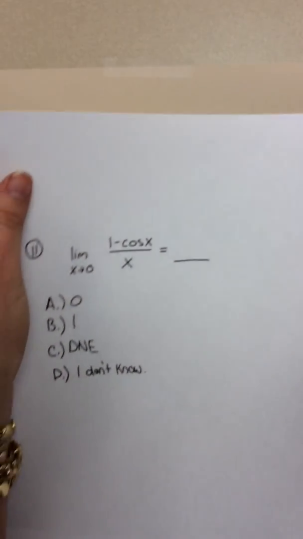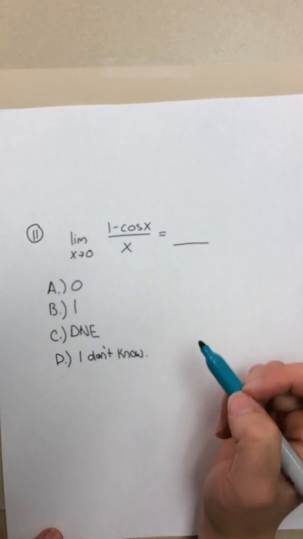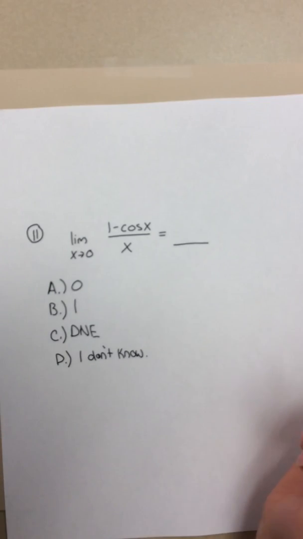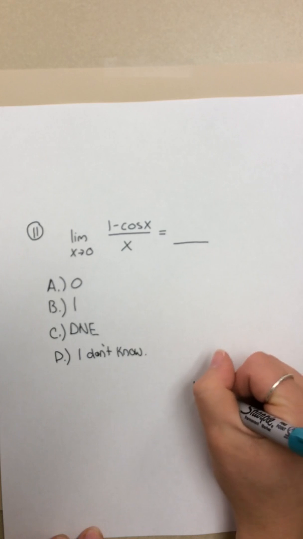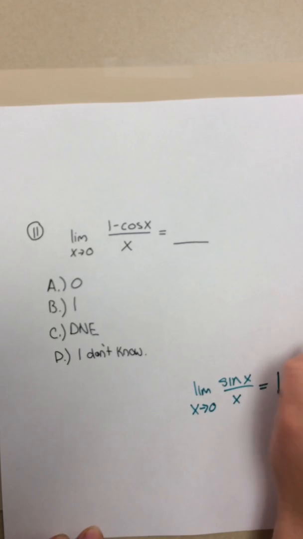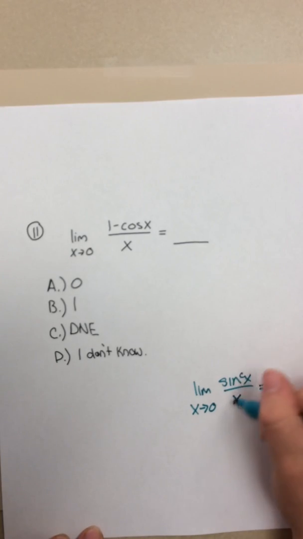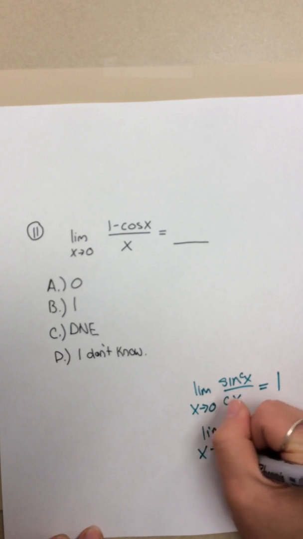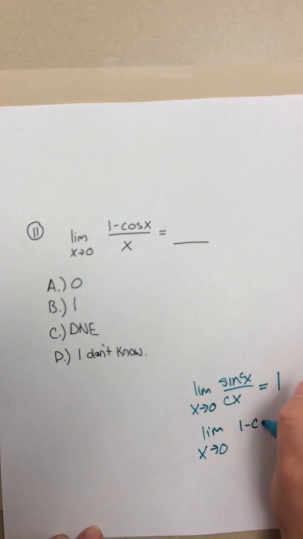Okay, these are everyone's favorite. So the limit as x approaches 0 of (1 minus cosine of x) over x. There is some stuff that you know. Remember, the limit as x approaches 0 of sine of x over x gives you 1. And you could say sine of cx over cx, and you could get 1. Or the limit as x approaches 0 of 1 minus cosine of x,